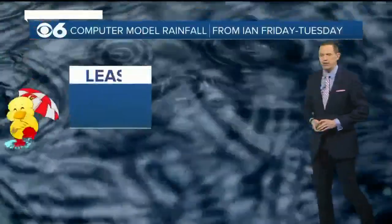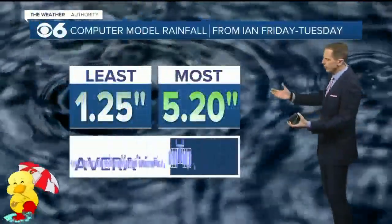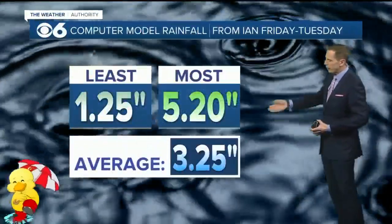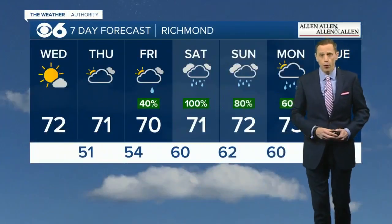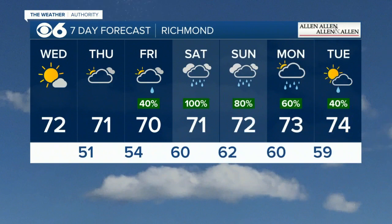And once we get all said and done, again, I mentioned some of the computer models, at least for Richmond, are about 5 inches of rain, but across Southside Virginia, I've seen a few models over 8. So a soaking rain ahead. That's good news to bust the drought. Bad news if you have outdoor holiday plans, because it's going to be a